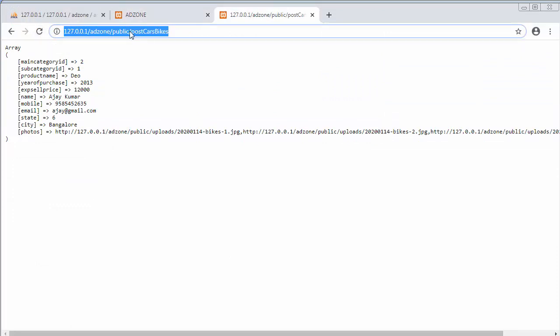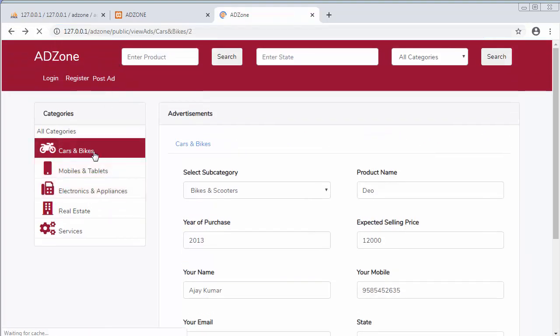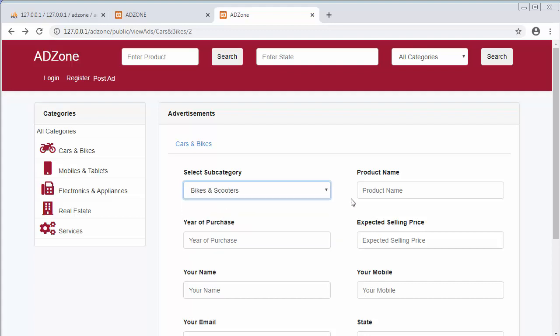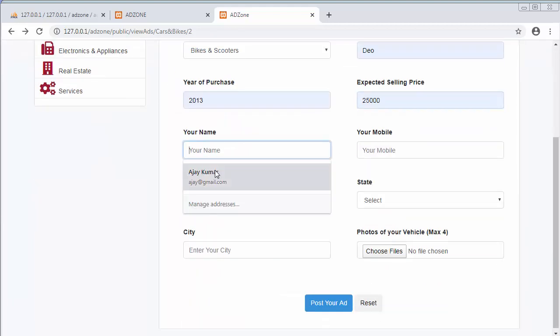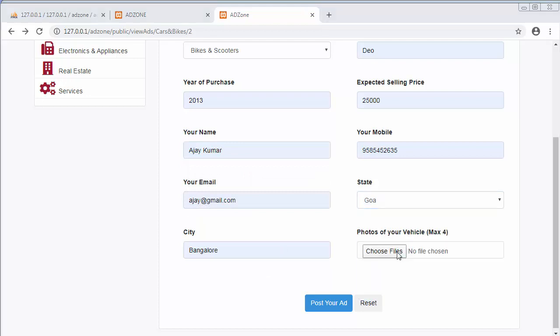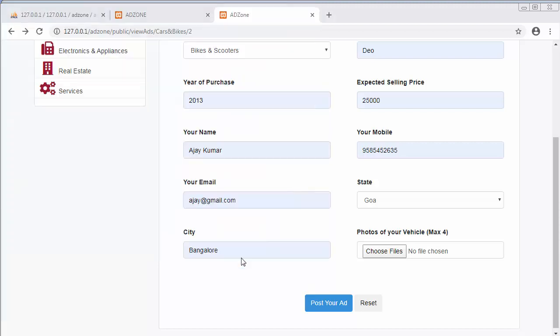Okay, now let me click on cars and bikes category, and now let me select bikes and scooters. Okay, and then product name, then year of purchase, and then price, then name. Okay, and then I will select the state as Goa, and here I will select the images. Okay, and when I click on open, it will display 3 files selected, and when I click on post your ad,